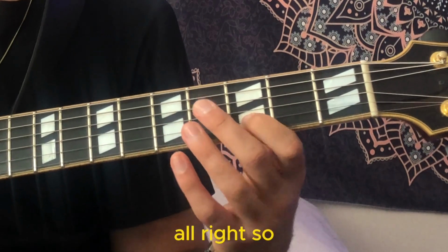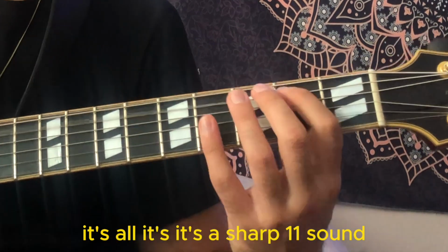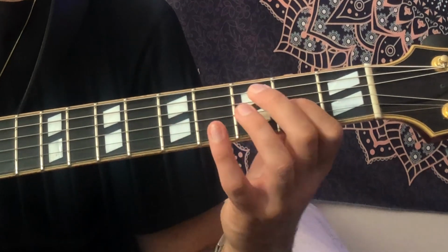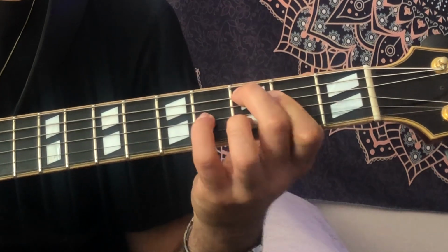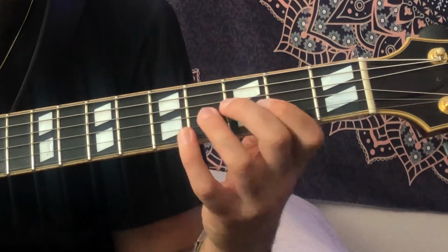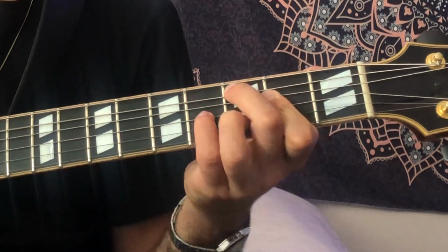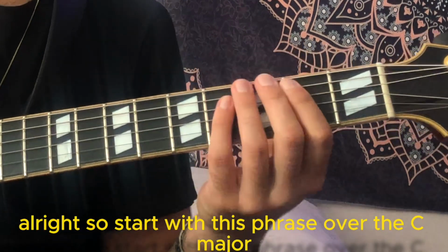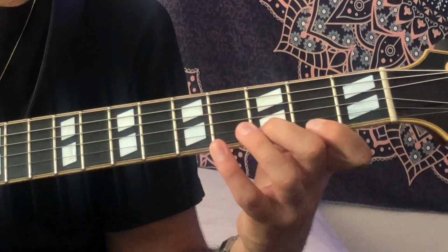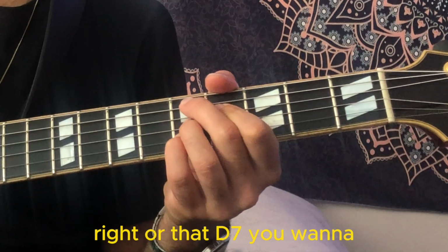Alright? So it's a sharp 11 sound. Alright, so start with this phrase over the C major. And then you're landing on that D7, right? Over that D7, you wanna